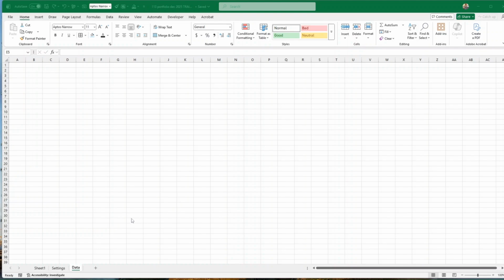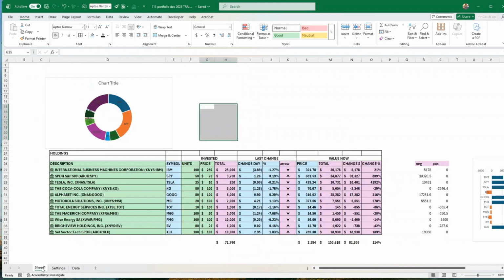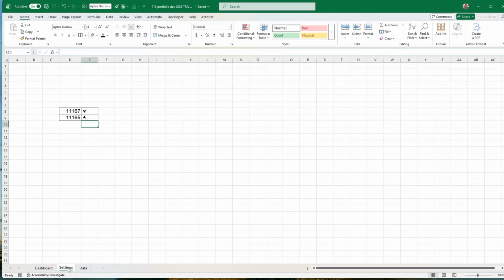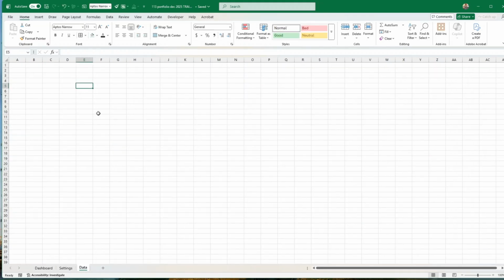In order to create the chart, we need some data. So I've created a new data. Actually, I'm just going to rename the first one. This one, I'll be renaming it dashboard. The second one, settings. So we just have very simple settings for the time being, but you never know. And data, and this is where we'll be retrieving one stock data. This is required